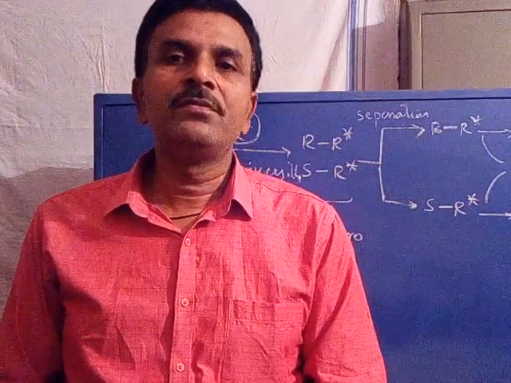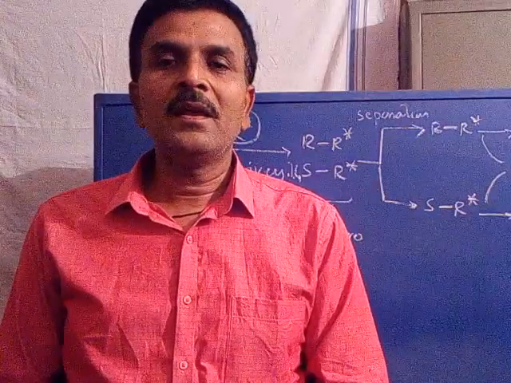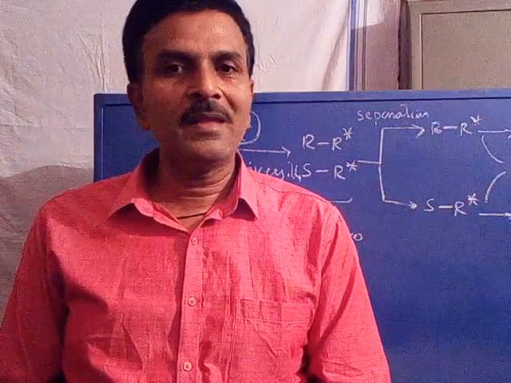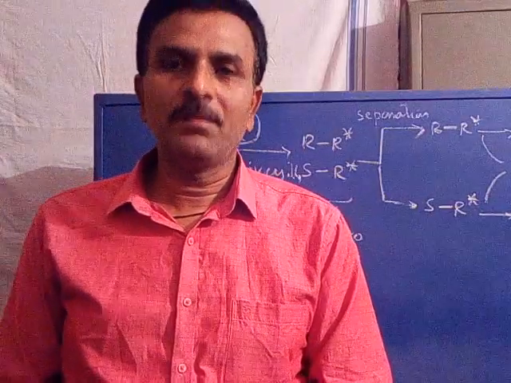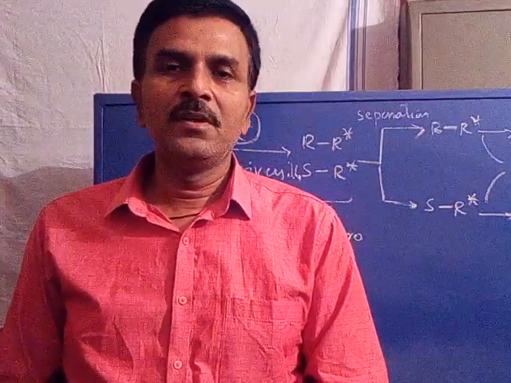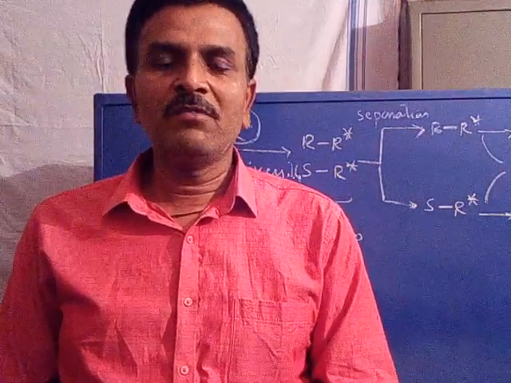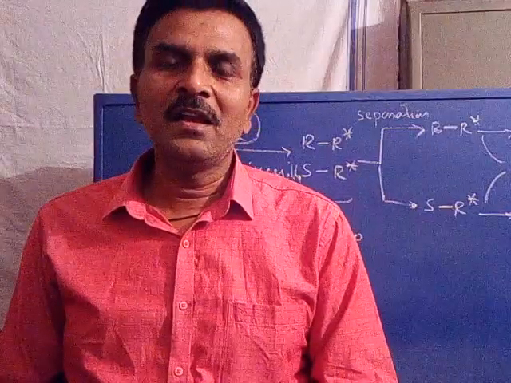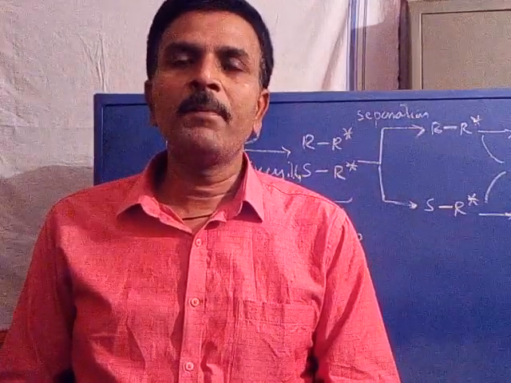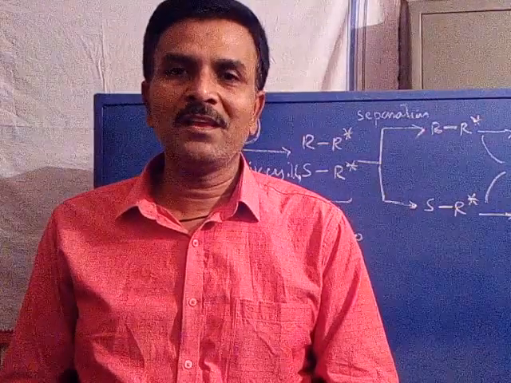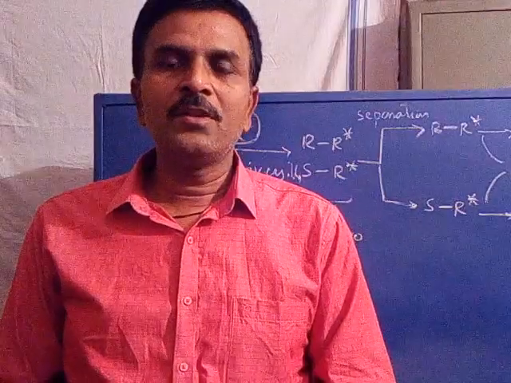There may be loss of S isomer and R isomer. We may not get the exact extent of R isomer and S isomer that originally existed in the enantiomer after their separation. There may be loss of a certain proportion of R isomer and S isomer during the process of conversion into diastereomer and regeneration into enantiomers separately. We may not get 100% R isomer and S isomer. Somewhat lesser proportion we may get. So that is the difficulty.